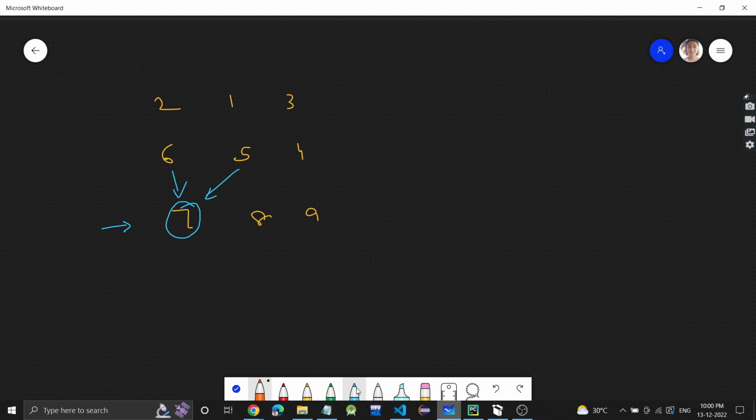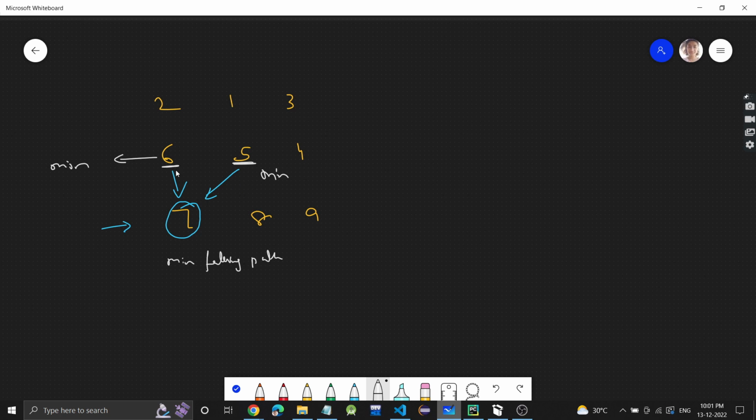Now let's say we need to find the minimum falling path. Let's say we know the minimum falling path till here and till here. That is, some path which ends at 6 and whose minimum cost we know, and similarly some path which ends at 5 and its minimum cost we know.